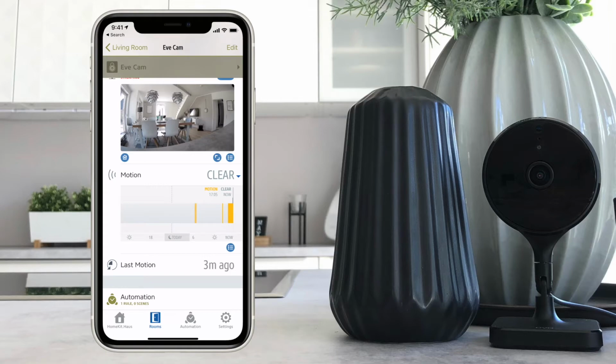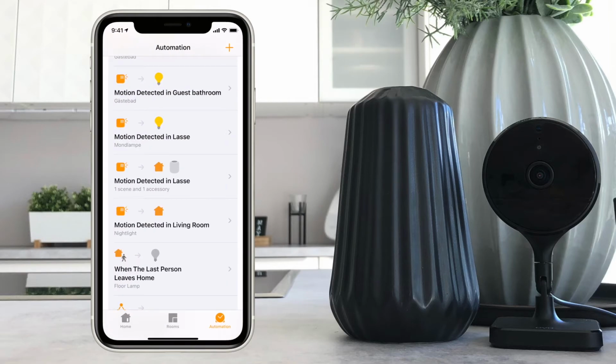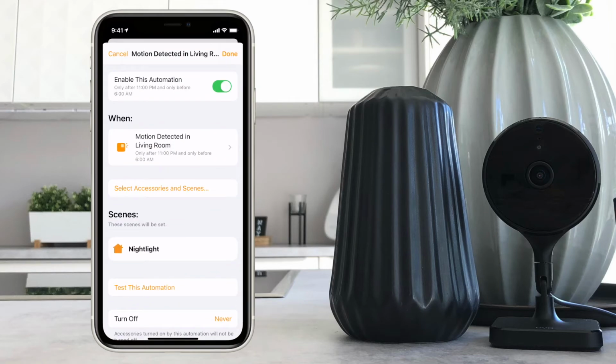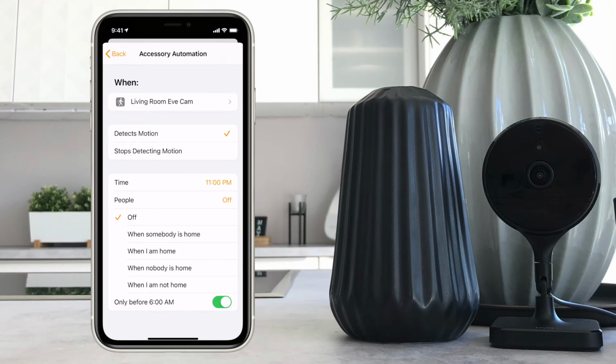You can further refine this automation to have your HomePod play music or sound an alarm if nobody is at home. To set this up, an Apple Music subscription is required. Open the Home app, as only this will allow a configuration to play music on your HomePod via Apple Music. Select the scene you just added, Nightlight, and under When, configure the option so that the automation only triggers when